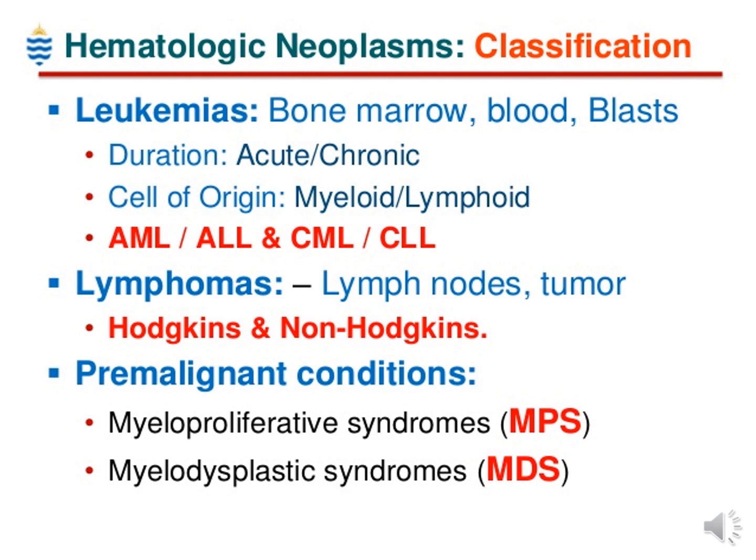There are two pre-malignant conditions of the blood of which you should know at least the names. One is myeloproliferative syndrome, that is MPS. Another one is myelodysplastic syndrome. I will not go into detail about lymphoma and the pre-malignant conditions, as well as leukemia, which you will learn in great detail in pathology.